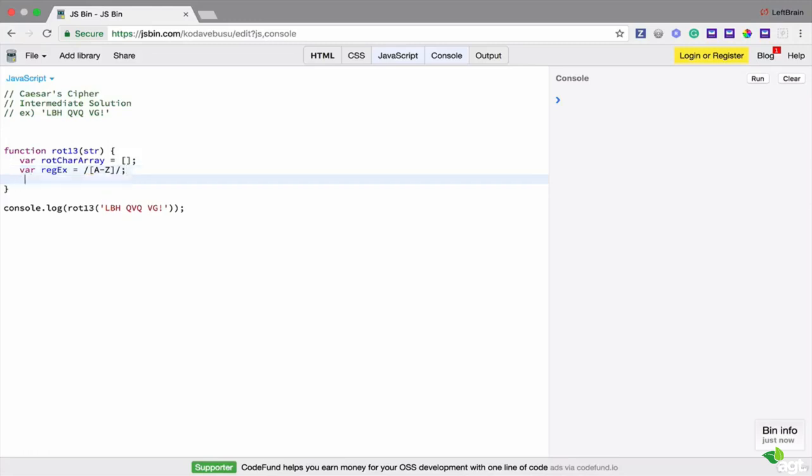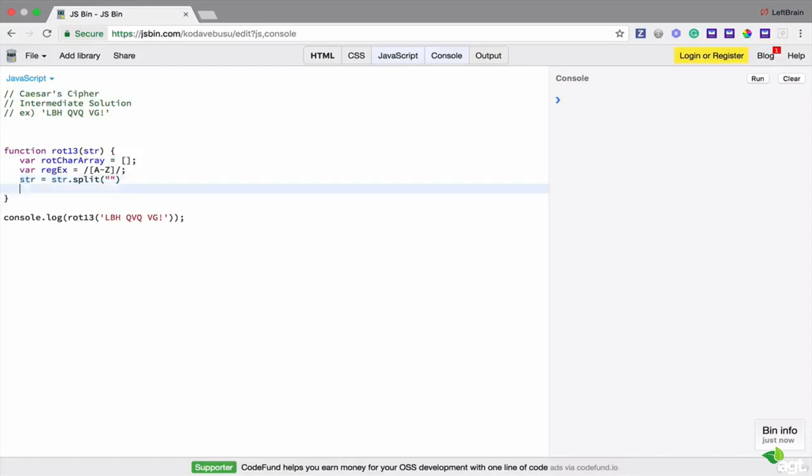Then we're going to have string is equal to string.split, and I'm going to have a for loop, var x in string,